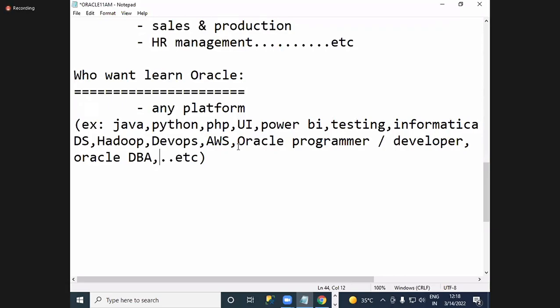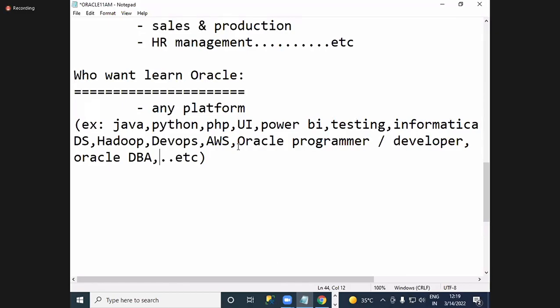So finally what happened? The student came back to Ameerpet and joined the database classes again. He personally faced that problem and shared that information with me. He said, I faced so-and-so problem in my real-time company, sir. In my company I faced this, so I need some database knowledge. That's why I came here again.